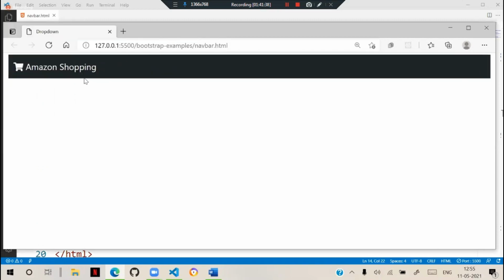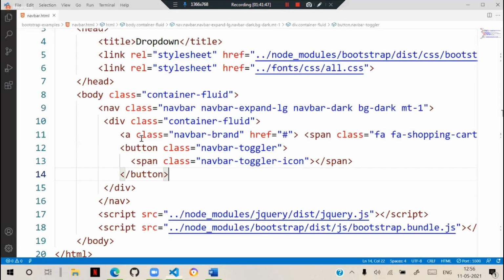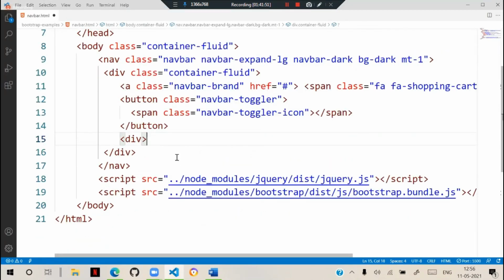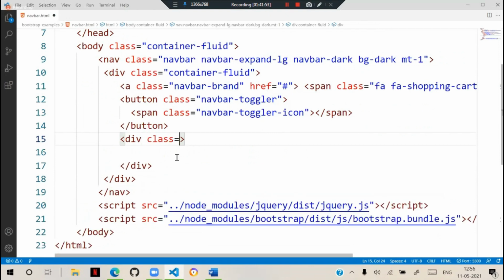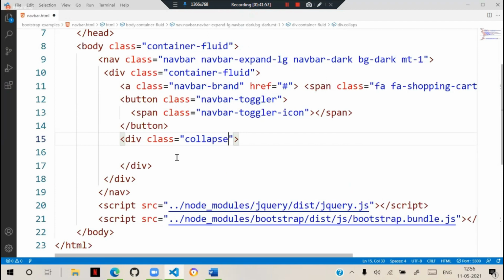And you can keep some items in it and display them on toggle. That means below the button, we can create a div. We keep a class as collapse, and the collapse ID as menu items.